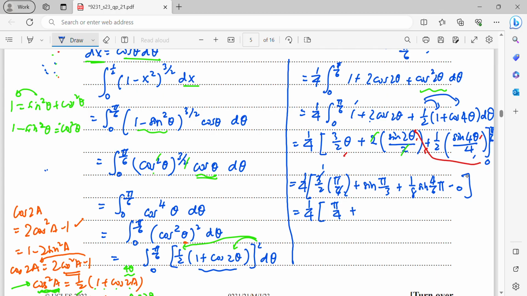Okay, then sine pi over 3 is basically square root 3 over 2. Then 1 over 8 sine 2 pi over 3 will also be square root 3 over 2. Okay, so now leave your answer in the simplest form, which means I will do the expansion right now. So it will be probably, okay,